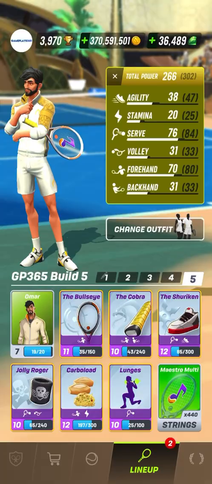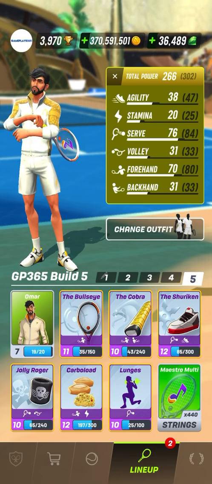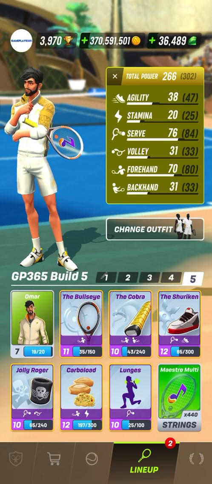Alright, you are going to see the build that I was using for Omar. This is the same that I would use with Leo or Luke for the Challenger tournament at level 9 card scrapping. I just replaced Leo or Luke with Omar here. Well, I hope you enjoy watching Omar play high serve, big forehand, weak backhand in the Tour 4 of